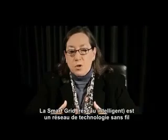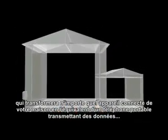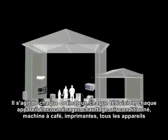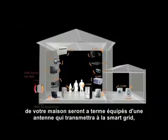The definition of a smart grid is a wireless system that will fundamentally turn every single appliance in your home into the equivalent of a transmitting cell phone. That's every computer, every television, every furnace, every air conditioner, every coffee machine, every printer. Every single appliance that you have in your house will eventually, in a smart grid, have an antenna embedded into it that will transmit